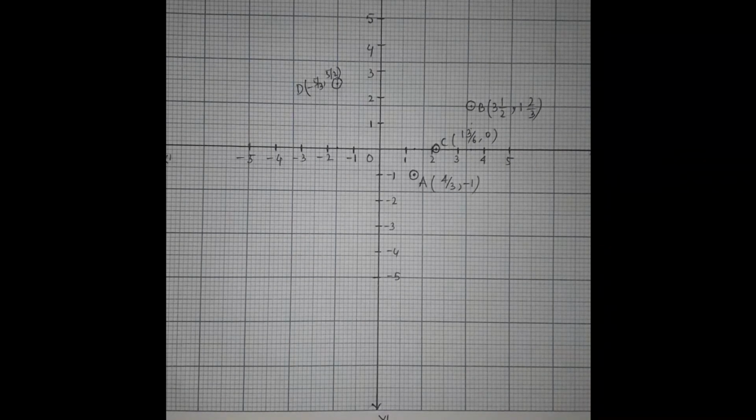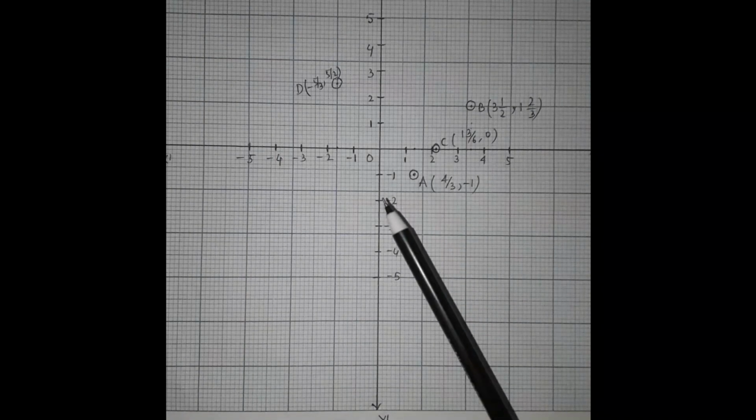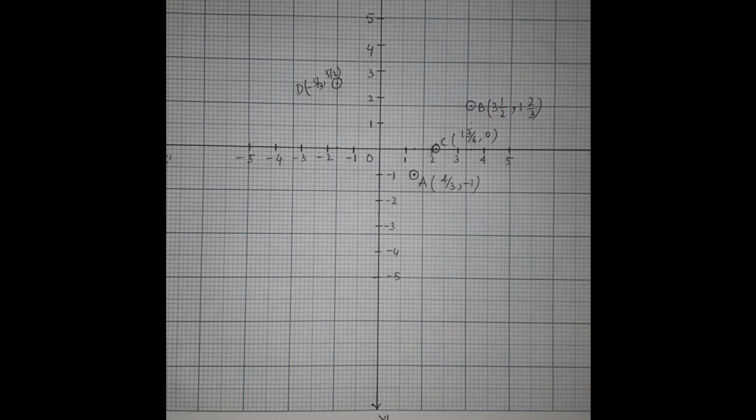as 1 unit. Now suppose these 3 points are in a line, then A, C and B are said to be collinear. So if you need to prove the collinearity, you need to draw the points on a graph paper and then join all these 3 points through a line. If all the points lie on the line, then we can say that the points are collinear. Or if one of the points lies outside, then we say that the points are non-collinear.